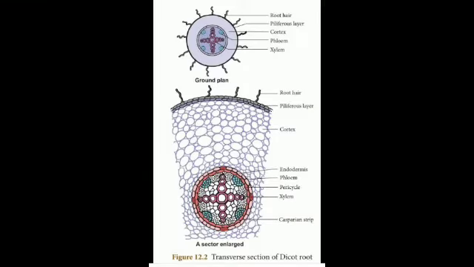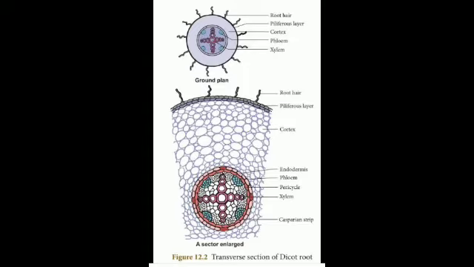Next topic is the internal structure of monocot root, maize root. A thin transverse section of monocot root shows the following characteristics. Epiblema or rhizodermis: it is the outermost layer of the root and is made up of a single layer of thin-walled parenchymatous cells. Stomata and cuticle are absent. The root hair helps in absorption of water and minerals from the soil. This layer also protects the inner tissues.